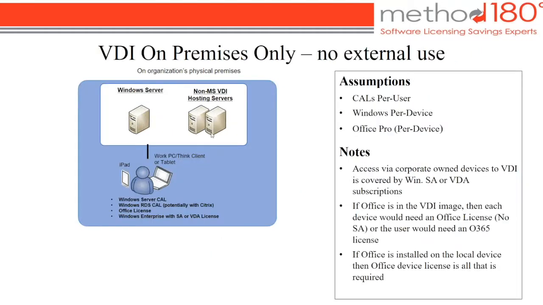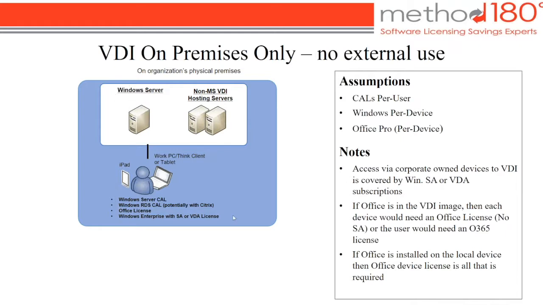So here we're going to go to the VDI scenario, and I'm just going to talk only no external use here. So this user, what I don't show on this diagram is that the Windows server is running a Windows 7 or Windows 10 virtual machine. Okay. So in this scenario, the user logs in, it's on premise, he's hitting the Windows server where that Windows VM is running,